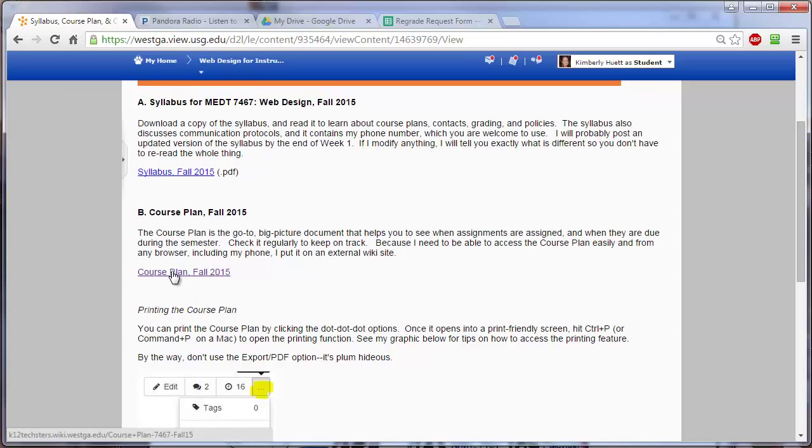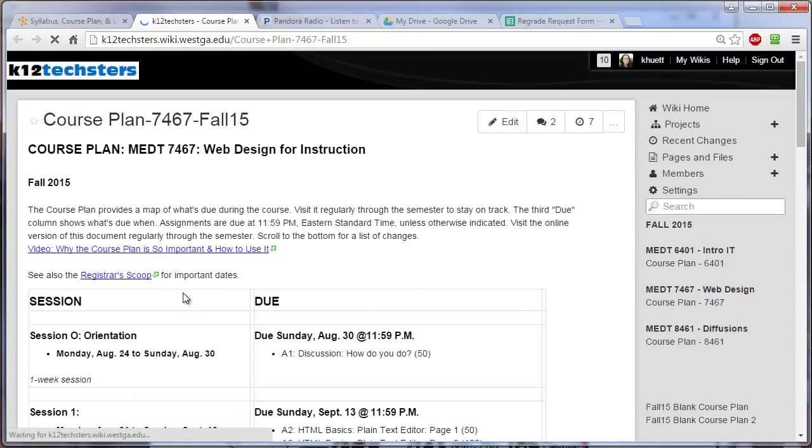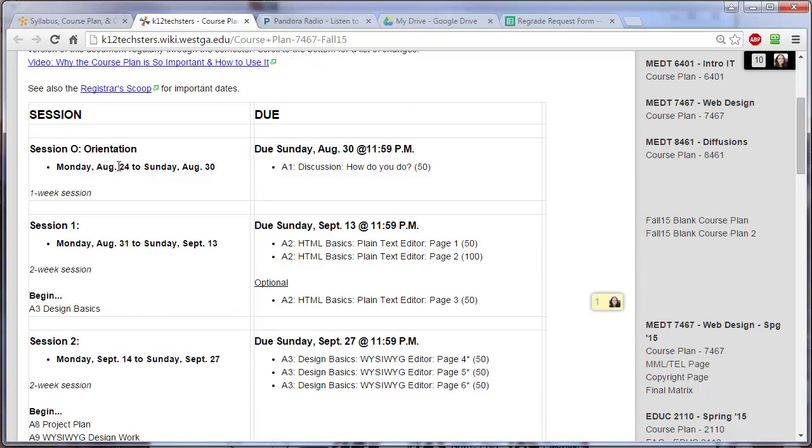All right, the course plan is an awesome tool for telling us what's due when, and how long a session actually spans. Session 0 spans from Monday, August 24th to Sunday, August 30th, and by that time this is the stuff you want to do that has points attached to it. So make sure you do this stuff. The next session will be a 2-week session. During this period, ending on the Sunday at midnight, you'll want to have these 2 things done at a minimum, and if you wanted, you can do this optional 3rd assignment,